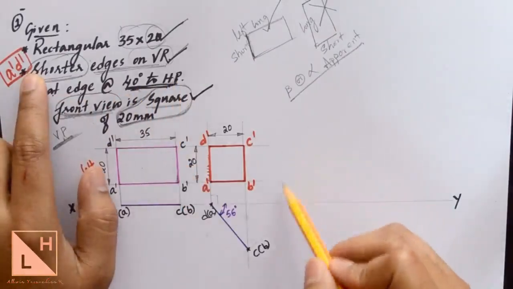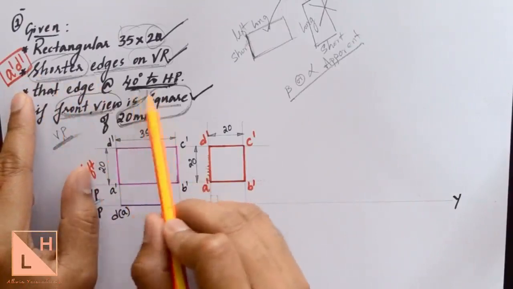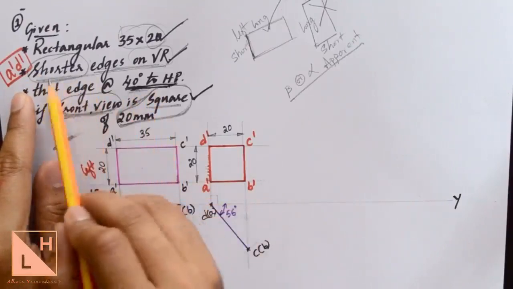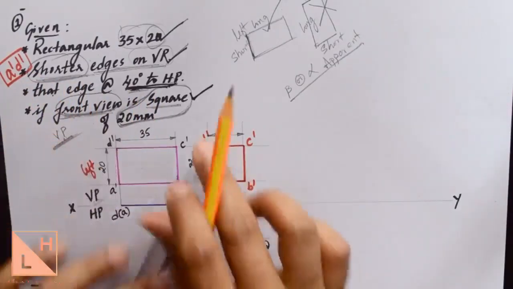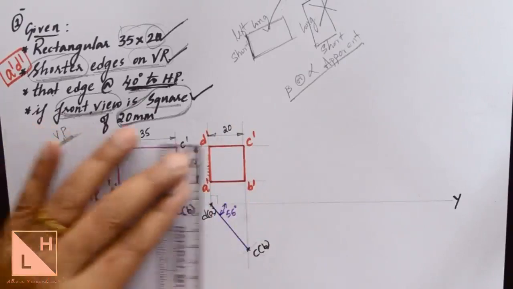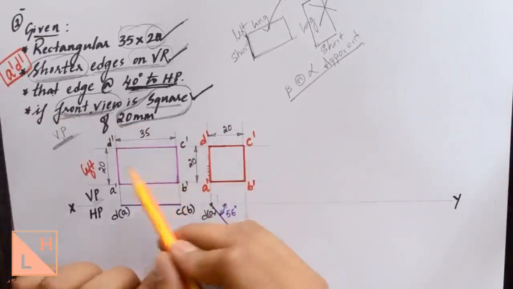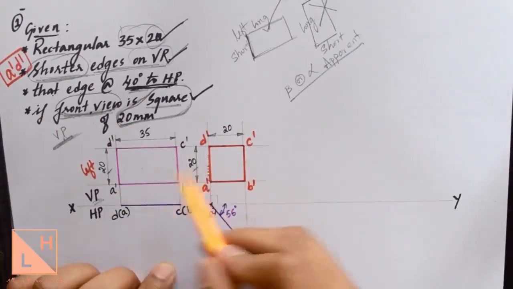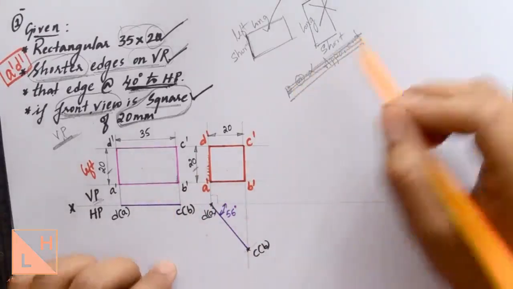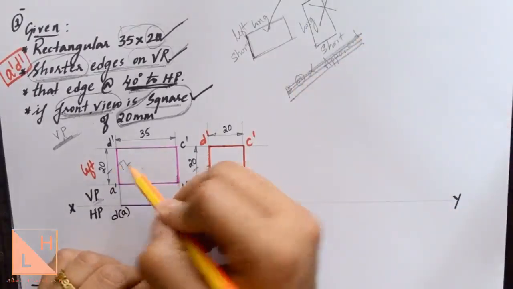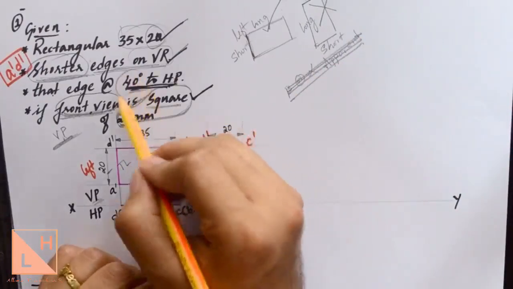So when you go to the third position, you just check the length of that particular shorter edge for which the angle is to be given. Check the length of that shorter edge in the first and second position. If I check the length here in the first position, it is 20 millimeters. When I check the length in the second position, it is still 20 millimeters only, which means that the length is not changed from first position to second position, which means that there is not going to be any beta angle. Here the length of the shorter edge is true length, here also the length of the shorter edge will be true length only. The given angle is also a true angle.